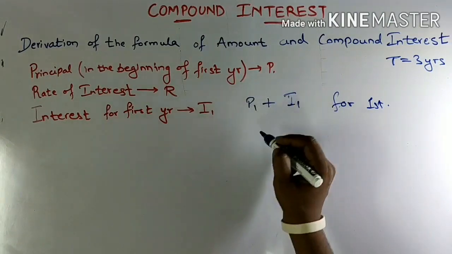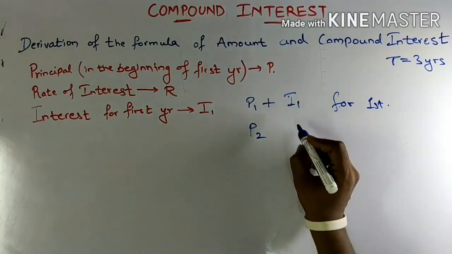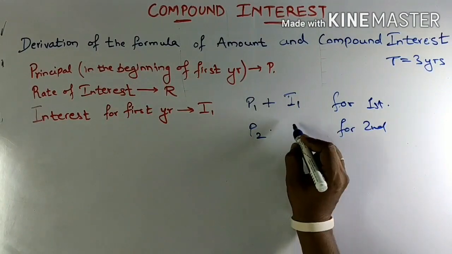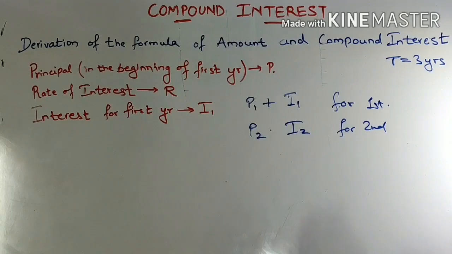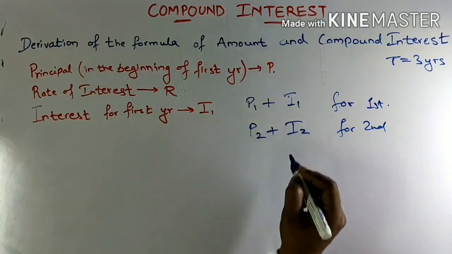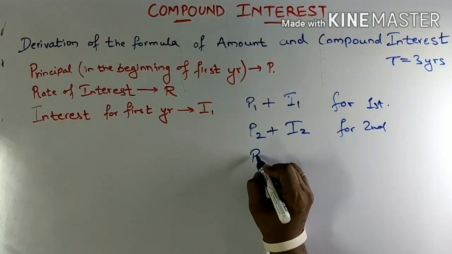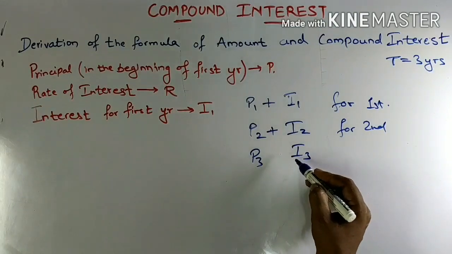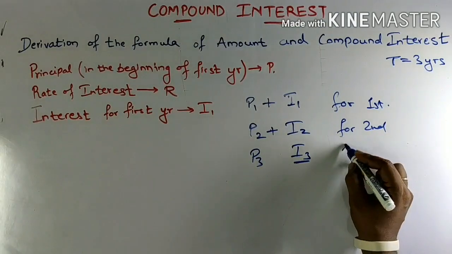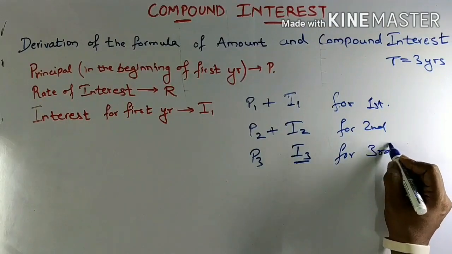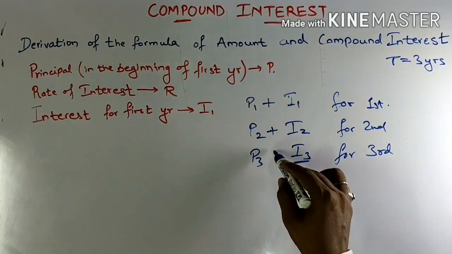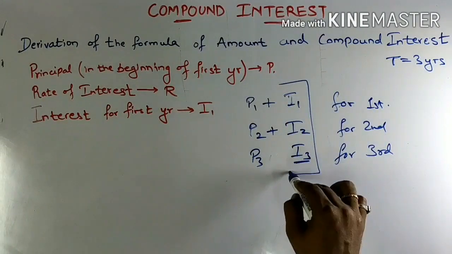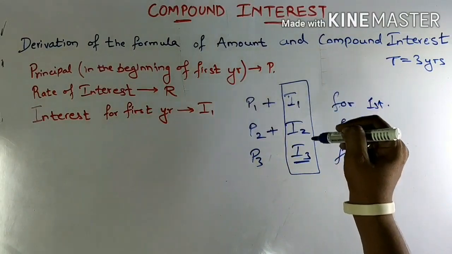then this interest got added to give me principal 2, and on calculation for second year it gave me increased interest for the second year. This I2 gets added to give me the principal for the third year, and eventually at the end of third year I get this I3 as my third year's interest. So to find the total compound interest for a period of 3 years, it will be I1 plus I2 plus I3,